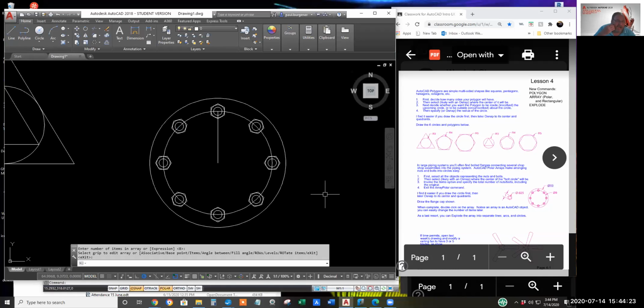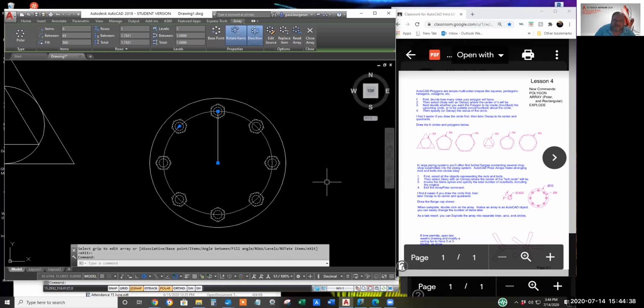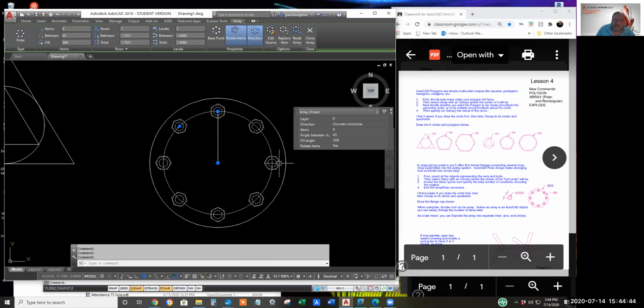Now the beauty of this array process, this came about recently, 2015 or 2017, I think. The beauty of it is that this array is a single object. So hours or weeks or a year later, you can double click on the array and change it to 12 or change it to 6.